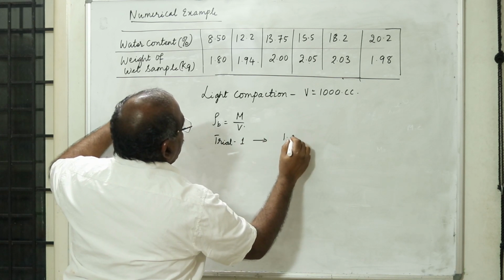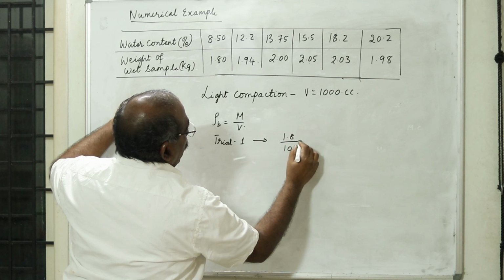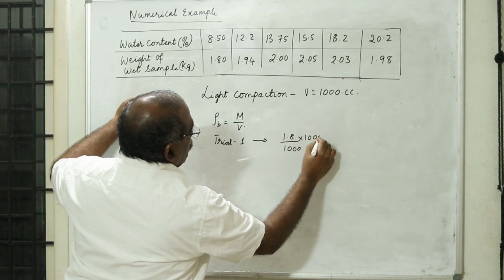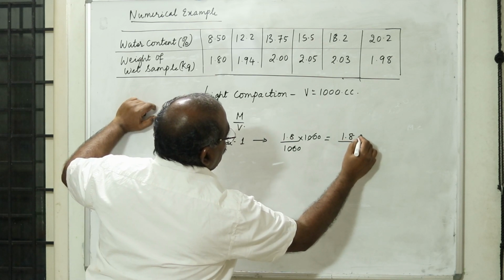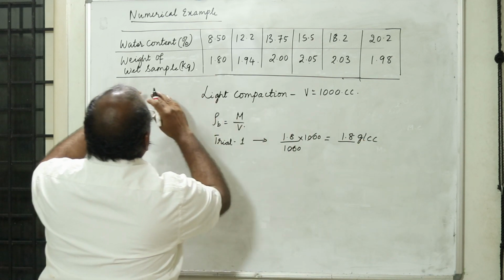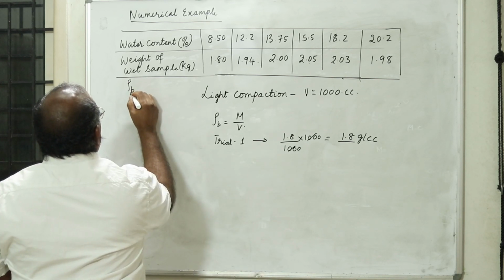The mass is 1.8 kg divided by a volume of 1000 cc. I will multiply by 1000; if it gets cancelled, I am converting into 1.8 gram per cc. Therefore, in this case, it's a straightforward thing. Therefore, my bulk density,